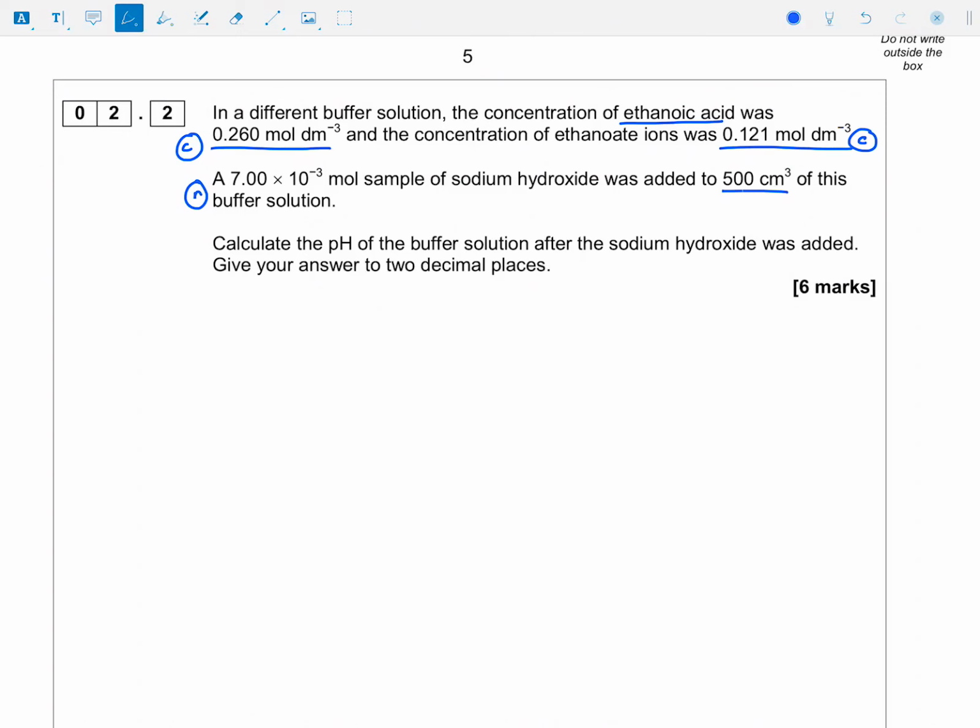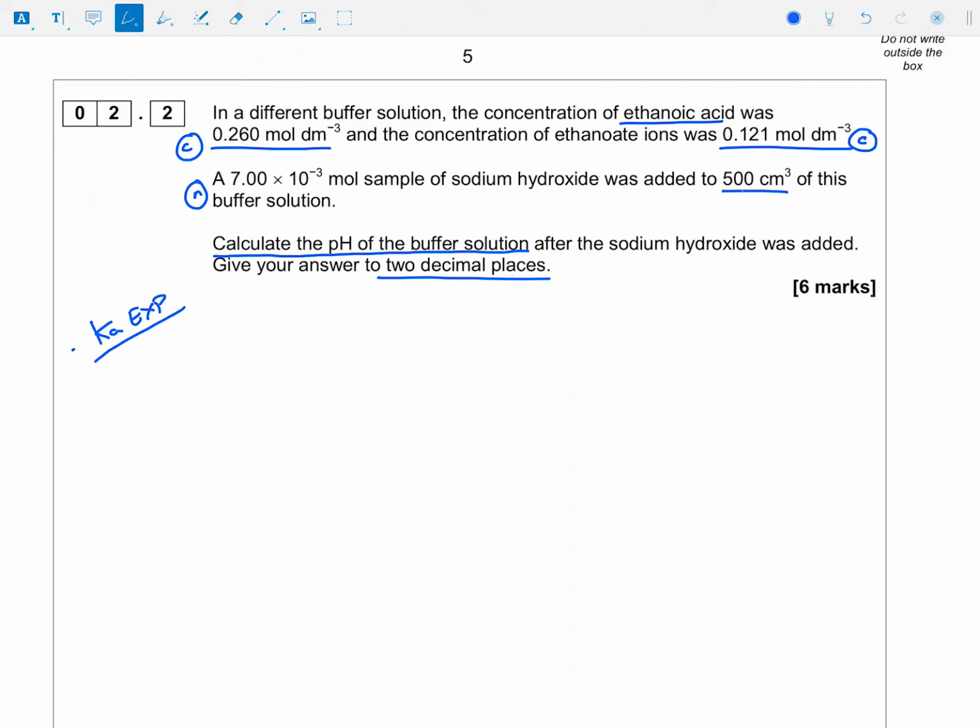Okay, so we've got a number of moles of sodium hydroxide and no volume or anything like that, but it's 500 centimeter cubed of this buffer solution. Calculate the pH of the buffer solution after the sodium hydroxide was added. Give your answer to 2 decimal places. Well, we don't need volumes really here because it's not changing in any way. They've not given us the volume of the sodium hydroxide, so there's no new volume here that we need to calculate. But again, this is going to be down to our Ka